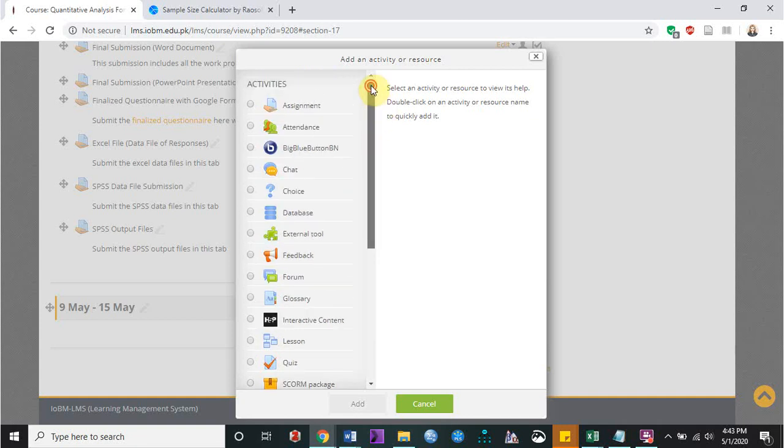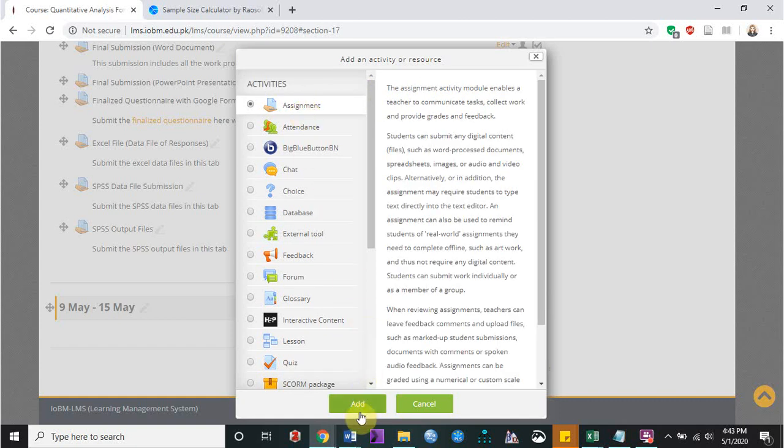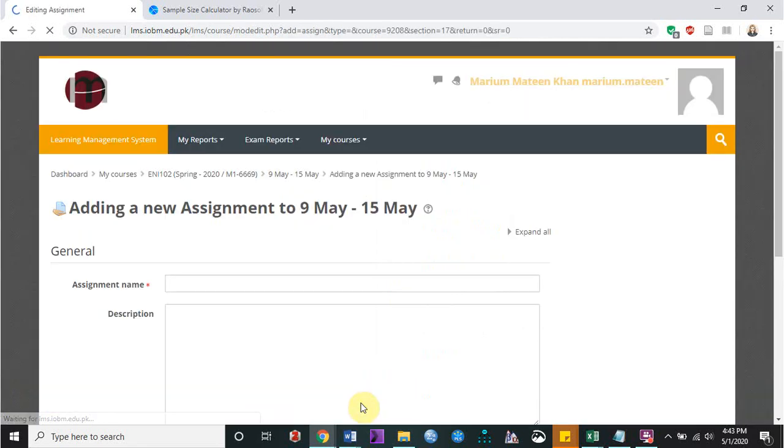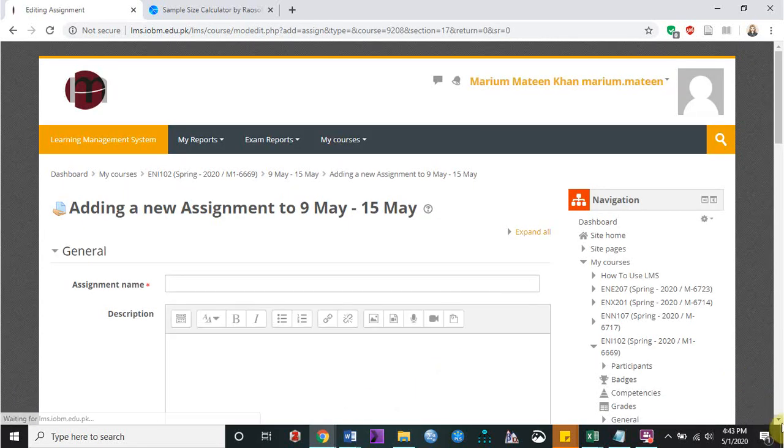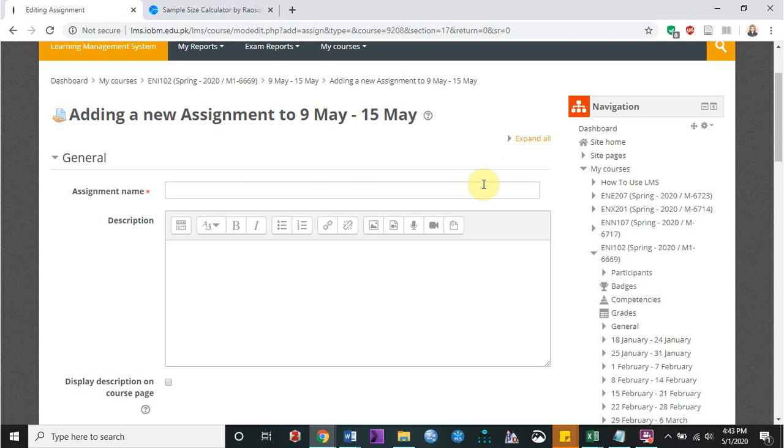Let's start with assignments. Click on assignment button, add. Here you can label your assignment's title. Here you can add description about the assignment if you don't want to share a file.